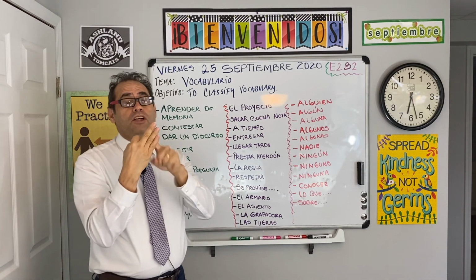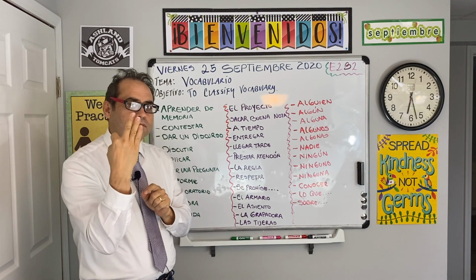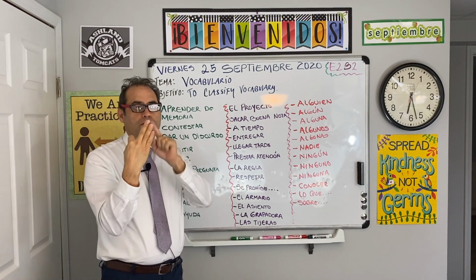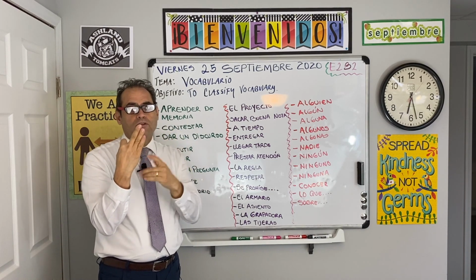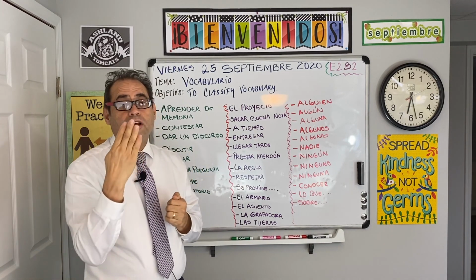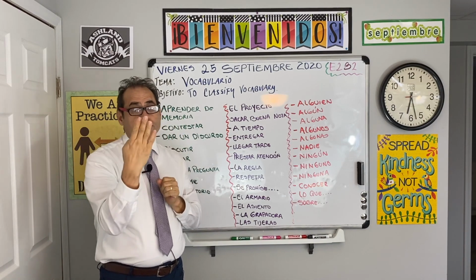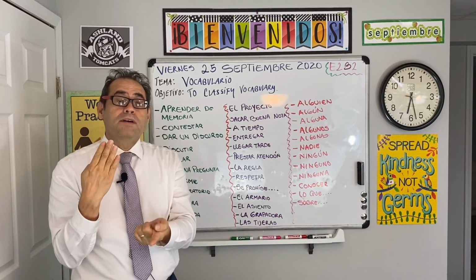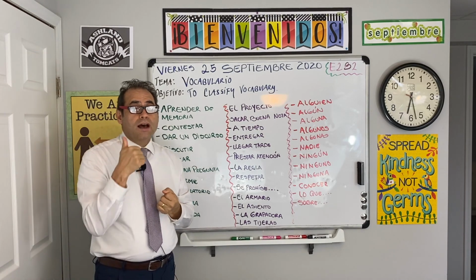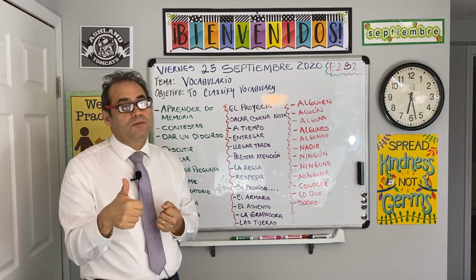Third, you need to know how to put it in a meaningful sentence. Put in a meaningful sentence. Okay, put in a meaningful sentence when you know the word. 4, you need to give me the illustration. You need to give me the illustration, the drawing, the mental image of that word. And finally, you are going to be looking for the antonym or synonym of the word.